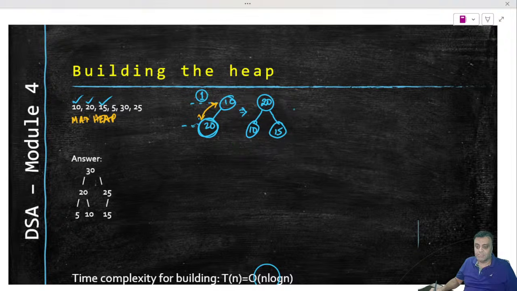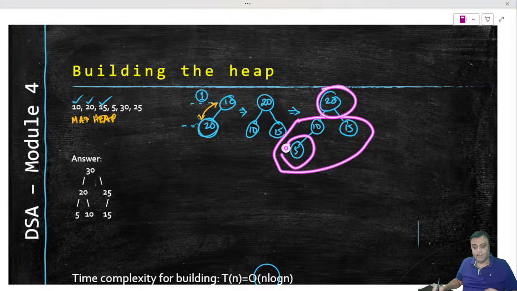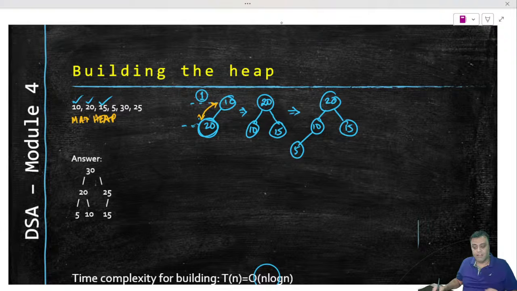So let us move on to the next. Where will we put the next? The next one coming is 5. So if I take this 20, 10 and 15 here and then 5, then 5 has to be put here, left to right. And 5 being here, is it valid? Of course it is valid. Every element is less than 20, every element here is less than 10. So 5 here is valid, right?